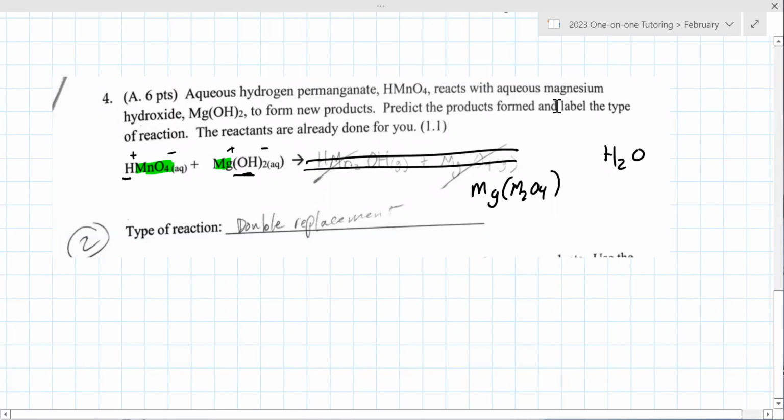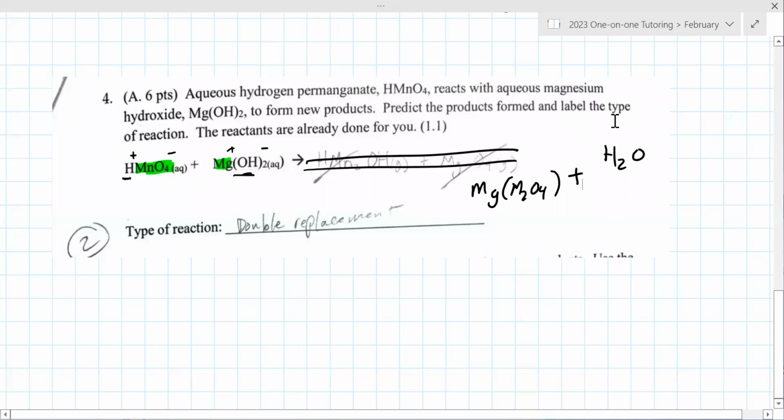These are different types. Double replacement is on the left. But this is one of those things where when water forms, this isn't a double. I mean, it is, but you'd have to know that the H and the OH form water. I don't know how you would know that, but now that we have that down, you have to balance the